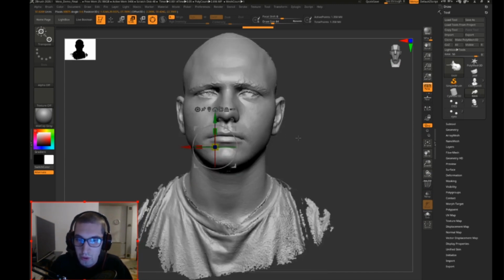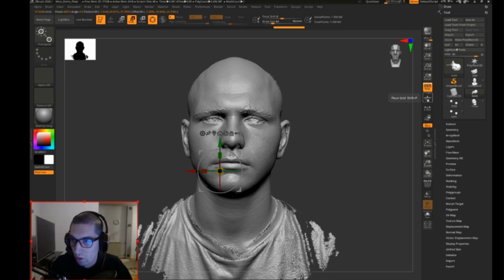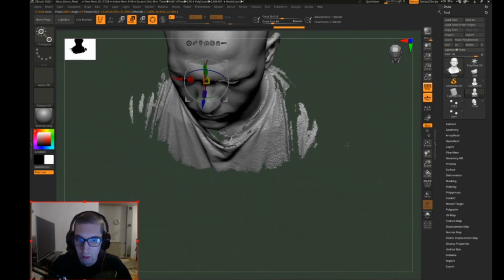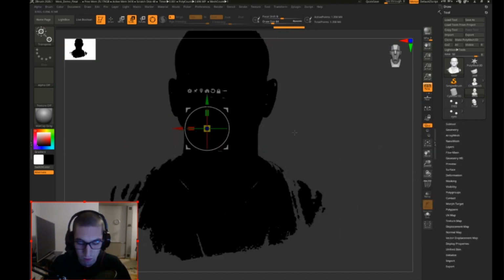We're also going to position it to the center of the world in ZBrush. We turn on the floor. You see we're somewhat on the center there. And next up,